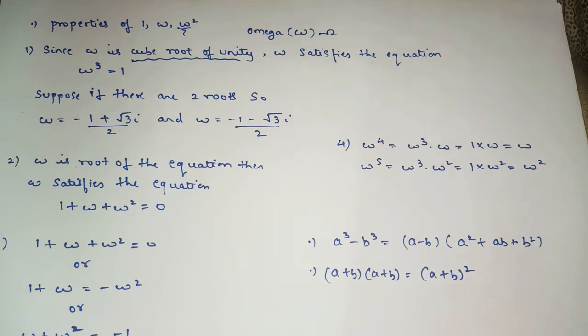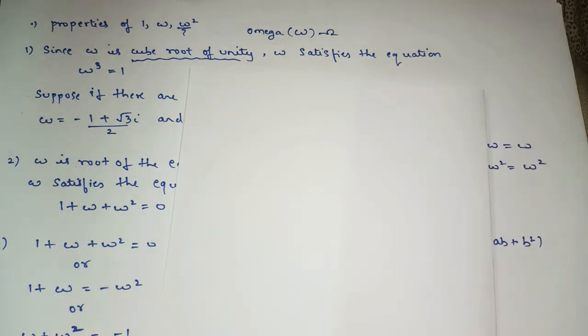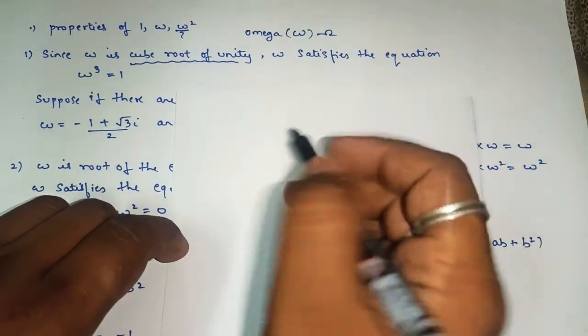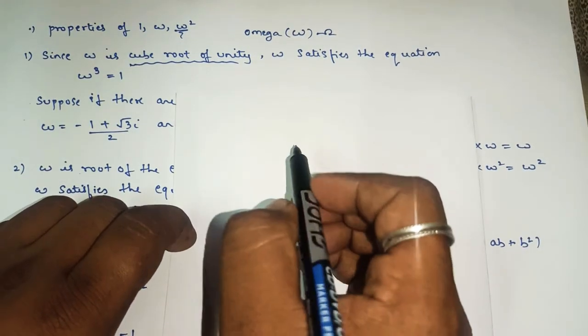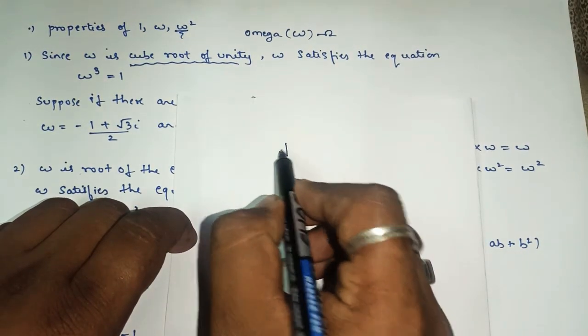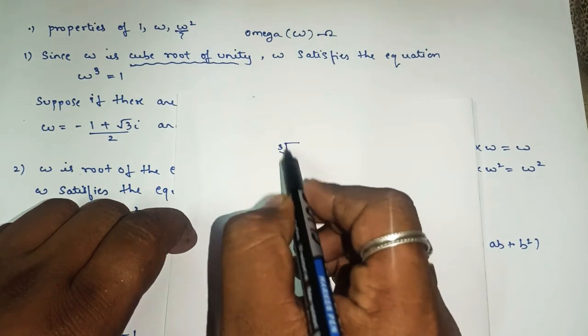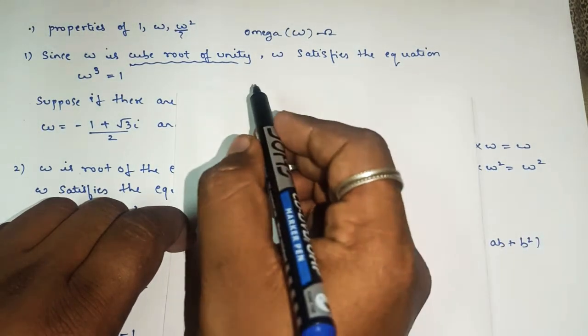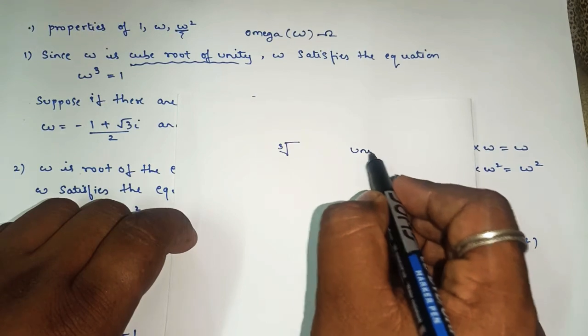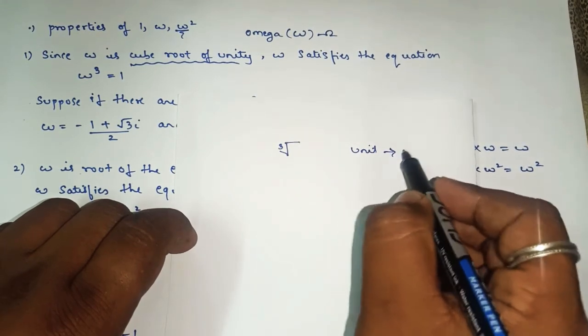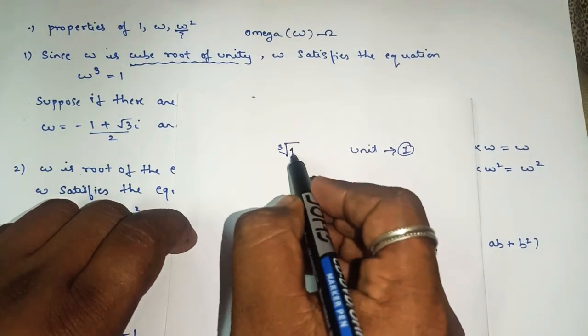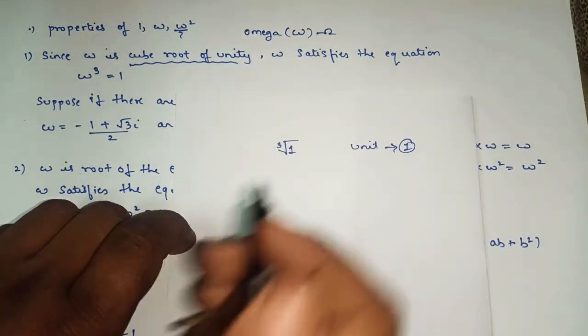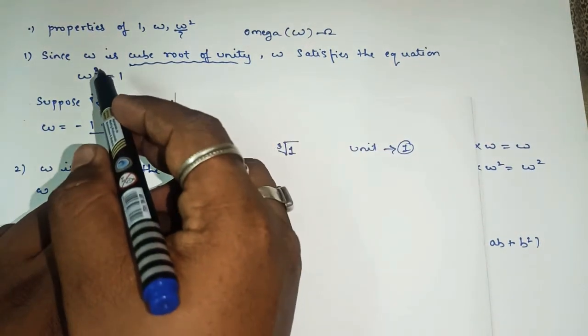Now we'll see what we mean by cube root of unity. Cube root is the symbol. Unity means one. So cube root of unity means cube root of 1. So since W is the cube root of unity,